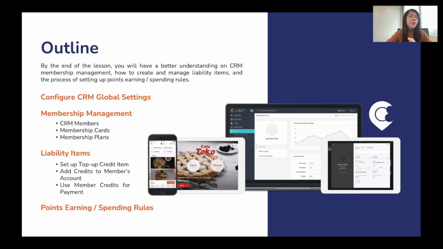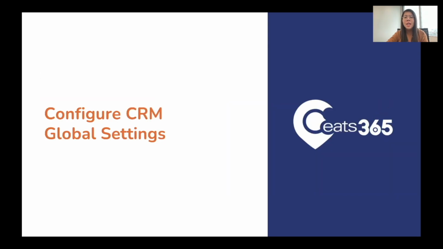Alright, so without further delay, let's have a look at the first topic, which is configure CRM global settings. So I would say that configuring the global settings is the very first thing that you should do before others. This is because our restaurant's loyalty program settings, such as the membership plans, membership cards, points, and credits, couldn't be configured without enabling the global settings. And hence, I will now guide you through the steps on configuring your preferred CRM global settings for your restaurant